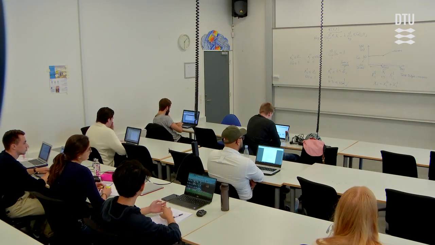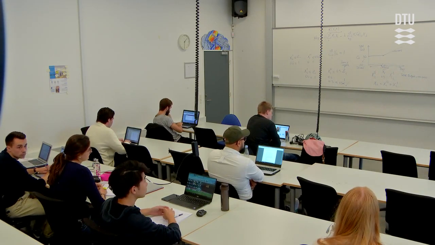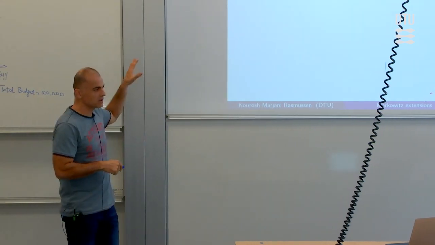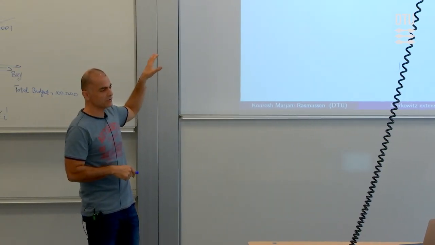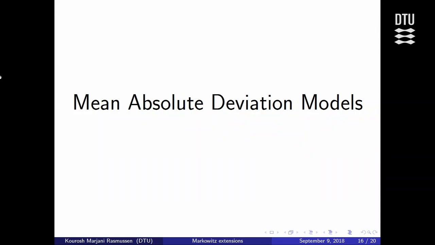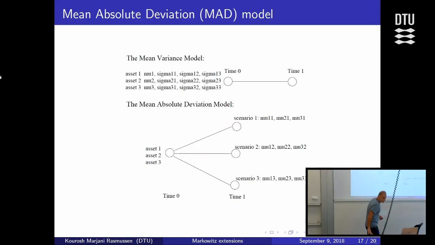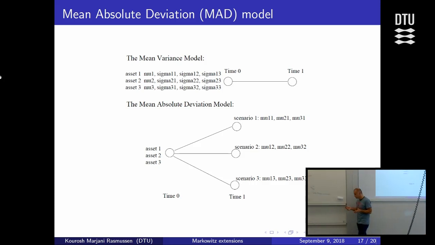So let's take the second part of the lecture for today, which is dealing with the mean absolute deviation models. For short, we call them MAD models, so MAD, mean absolute deviation. And just to give you a brief idea of why I'm talking about this,